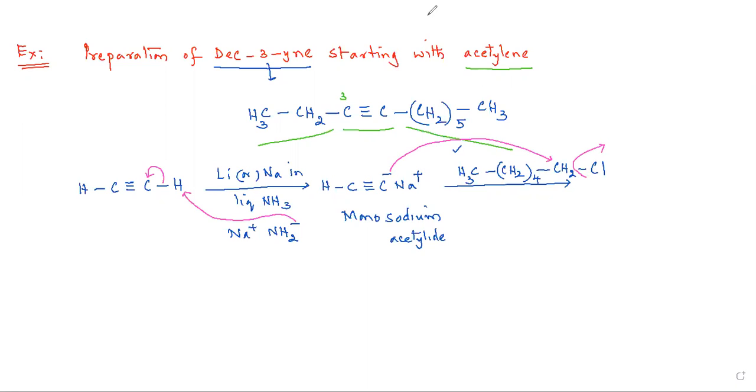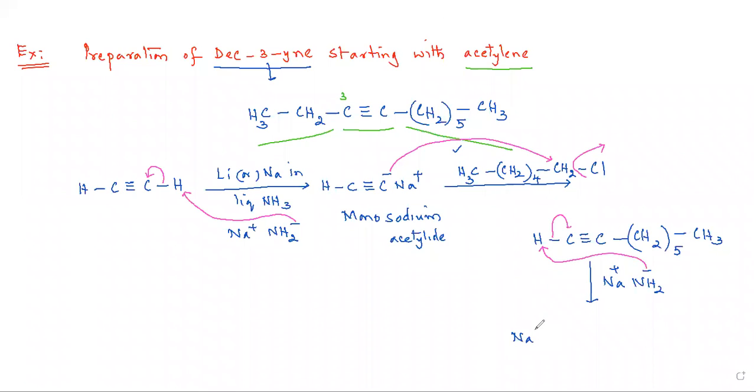You'll get the required entity: H, C triple bond C, then CH2, and of course these are CH2 taken 5 times, then CH3. Now on further reaction with another molecule of sodium amide, yes, again, this area. This is what. So, you'll get another